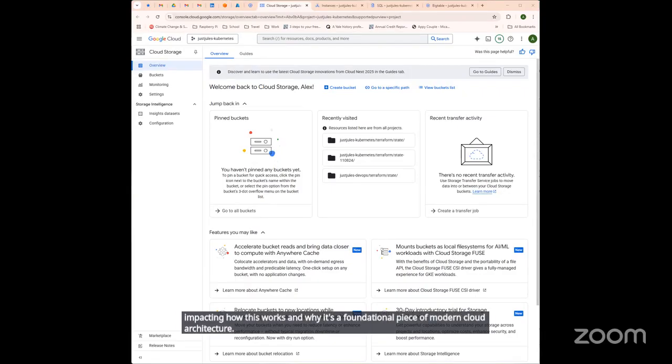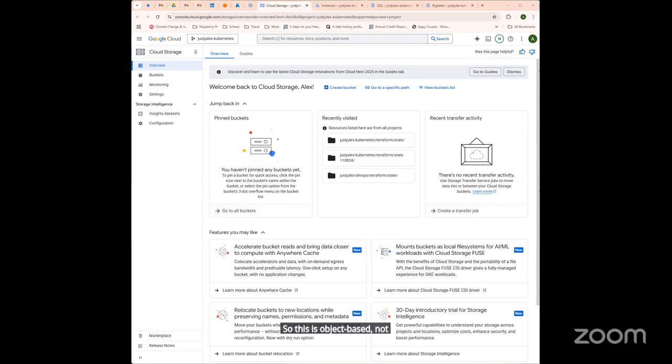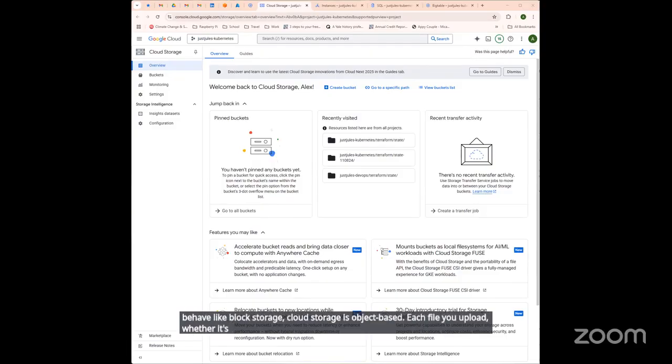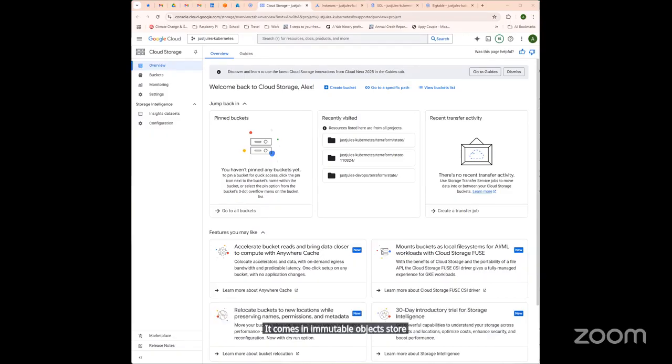So this is object-based, not block or file. Unlike persistent disks, which behave like block storage, cloud storage is object-based. Each file you upload, whether it's a JPEG, a log file, or a 2 gigabyte video, becomes an immutable object stored in a bucket. These objects are retrieved via HTTPS or the gsutil CLI